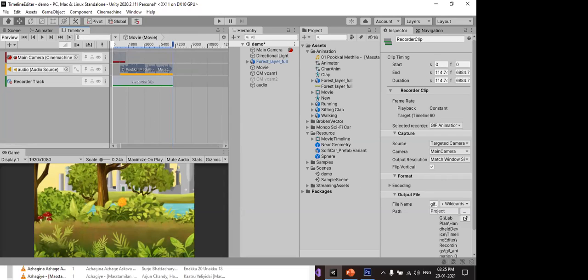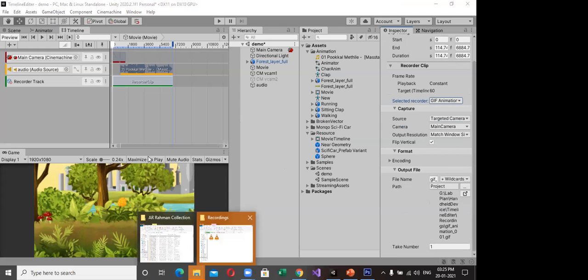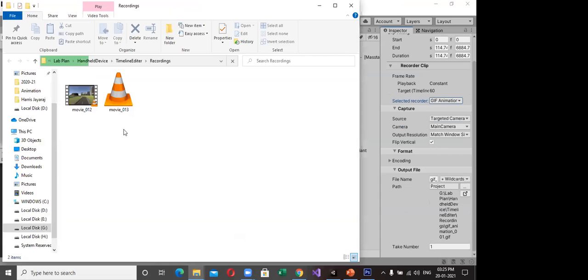So go to this one, this is your path. Just click it. It will show your path. Here your animation will be there. Your output will be there.